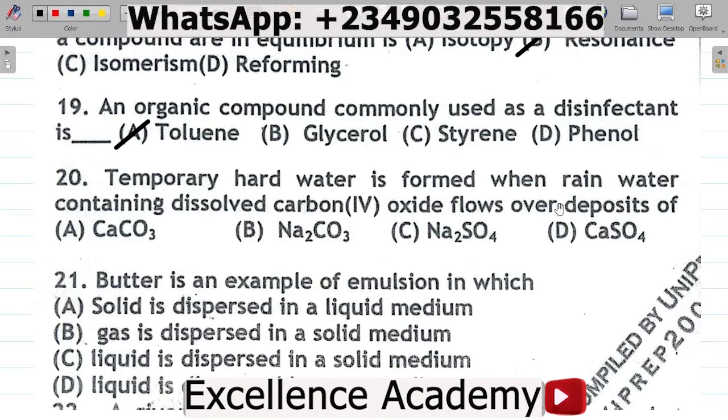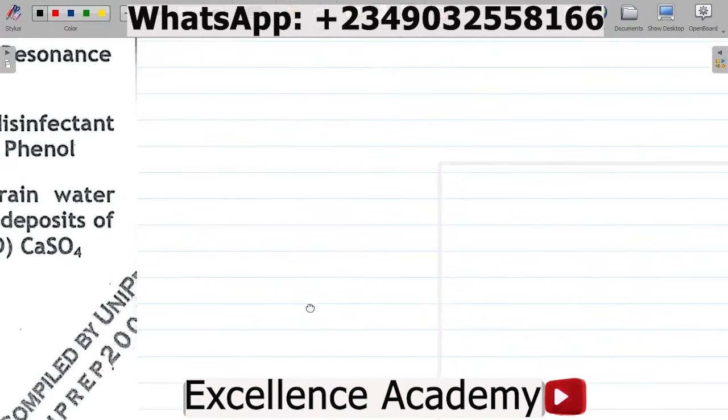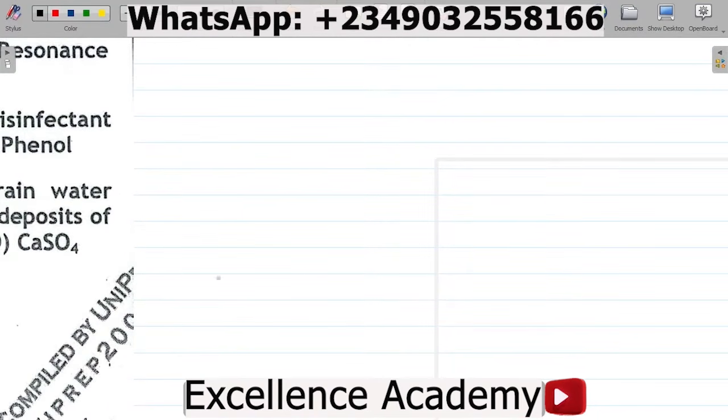over deposit of, you have your options here, all right? A, calcium trioxocarbonate 4, B, sodium trioxocarbonate 4, C, sodium tetraoxosulfate 6, D, calcium tetraoxosulfate 6. What is the answer to this question? Now for 20, you want to note that permanent hardness in water, all right,